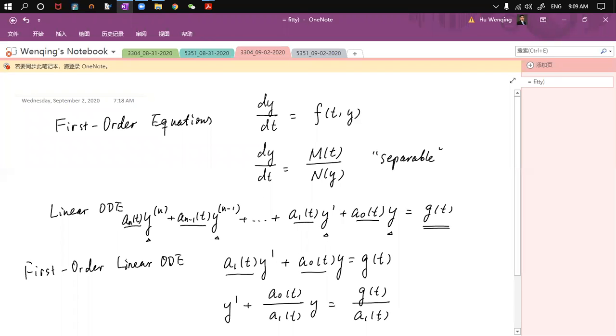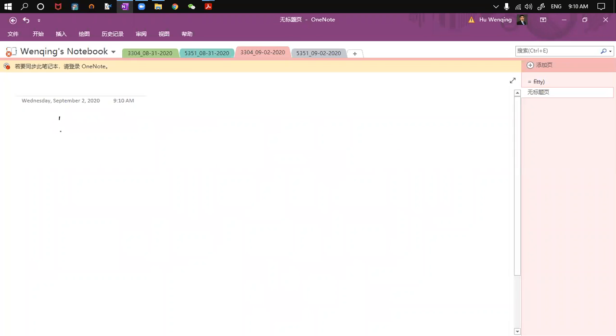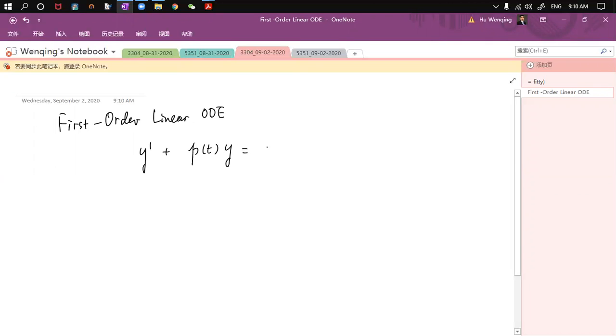The advantage of doing this procedure is that you have rescaled the derivative in front of y to be just 1. So the coefficient is 1 here, and it will change these two coefficients. So the general form of the first order linear equations is going to look like y prime plus p of t times y is equal to q of t,